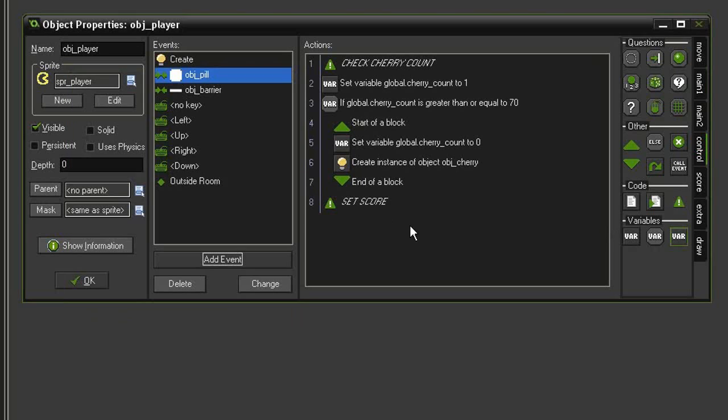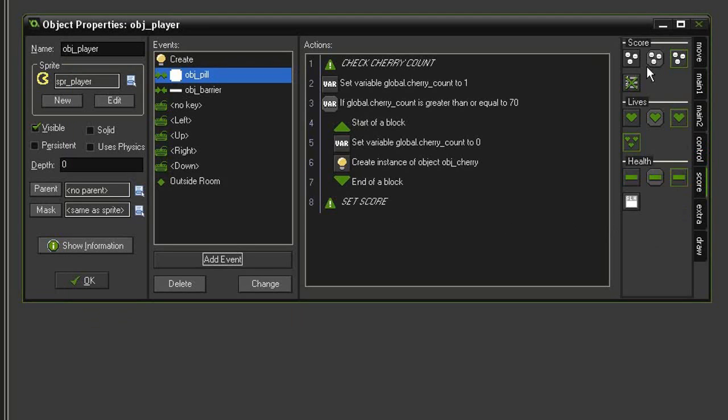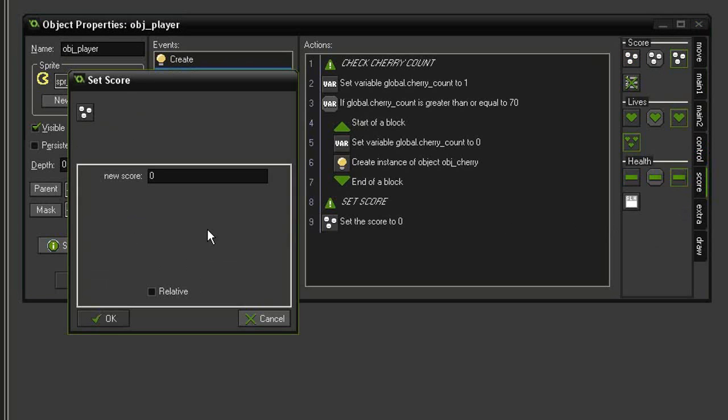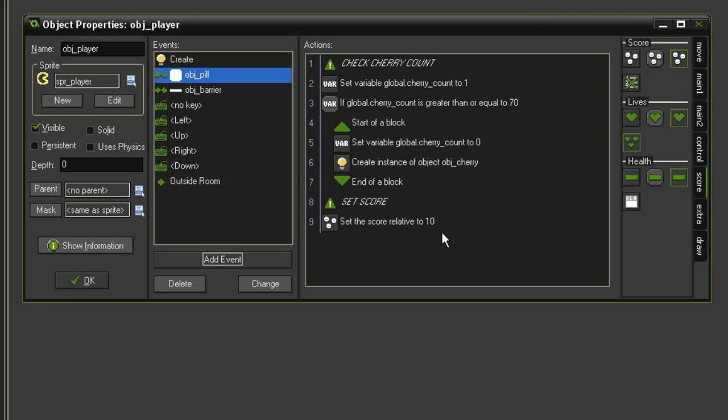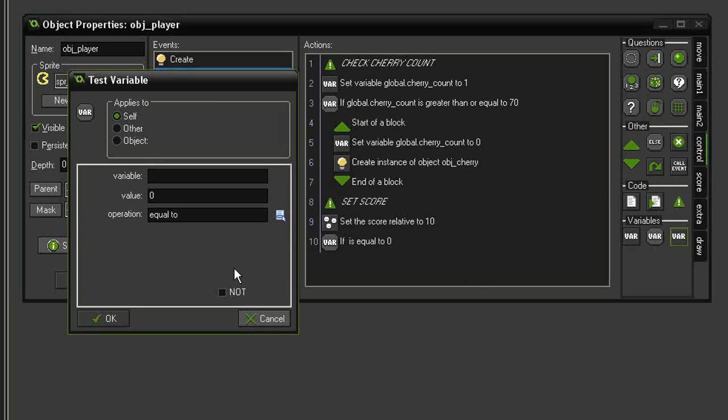Set score. So first we'll come to score, set score to 10 relative. We're going to see if we've earned enough points for an extra life. So come to control, test variable, test for the variable score equal to a value of global.extra_life times